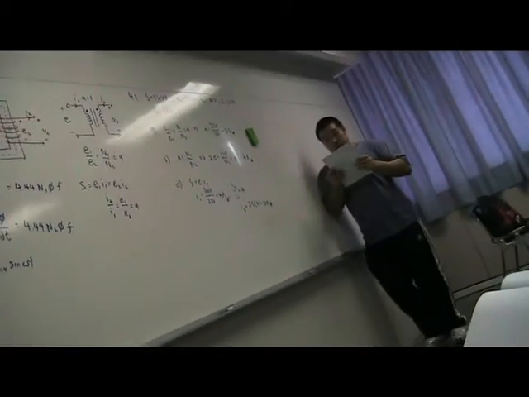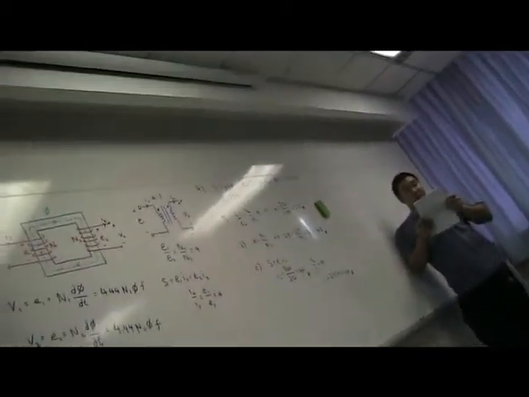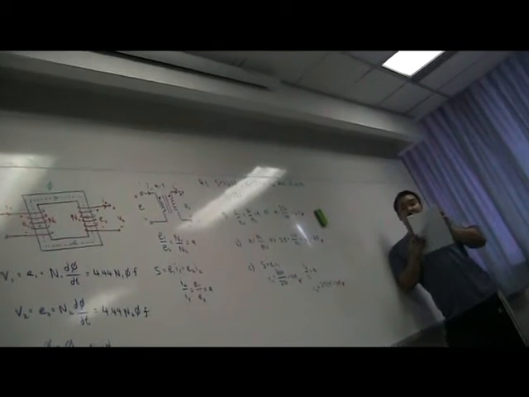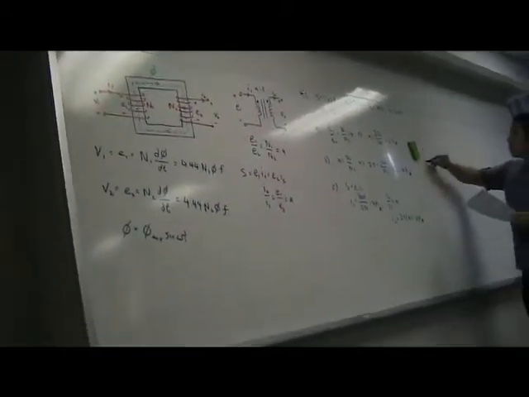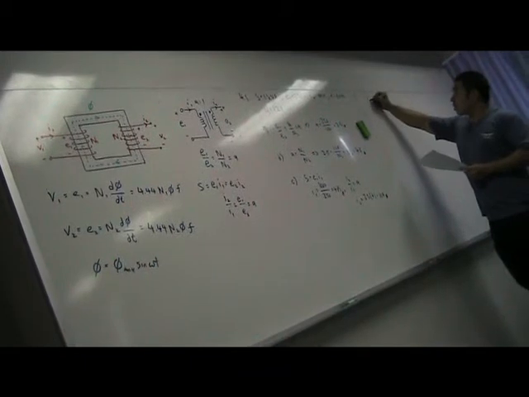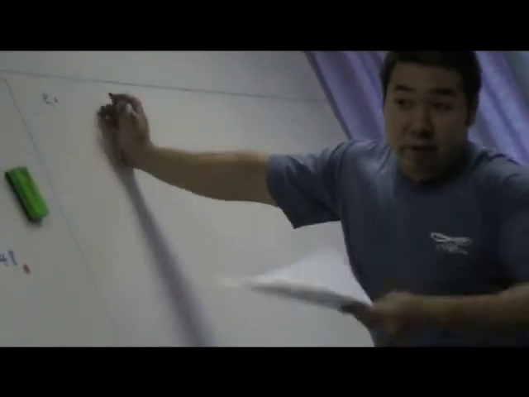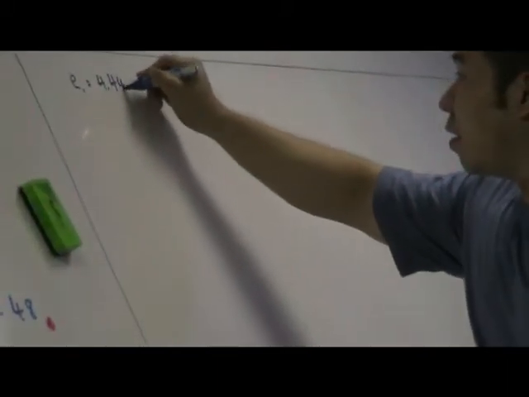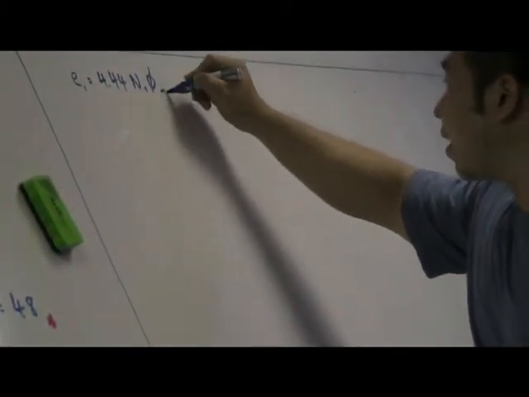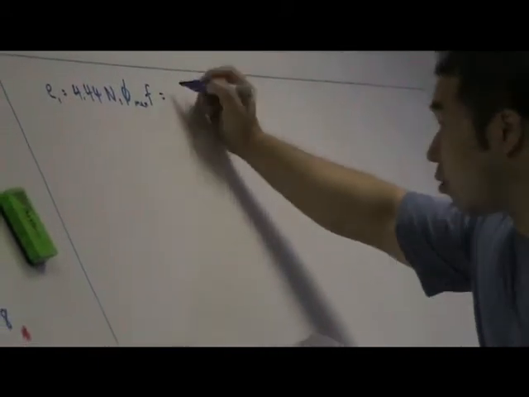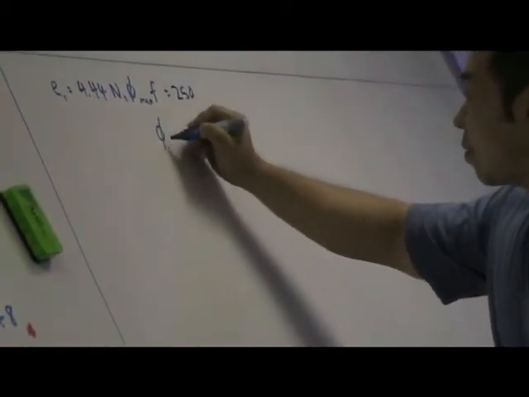So for part D, okay, we are supposed to find the maximum flux in the core when the transformer is connected to a 250 volts, 60 hertz source. If E1 is 250 and f is 60, then E1 is given by the equation there: 4.44 times N1 times phi max times f. So that's 250, so the flux will be